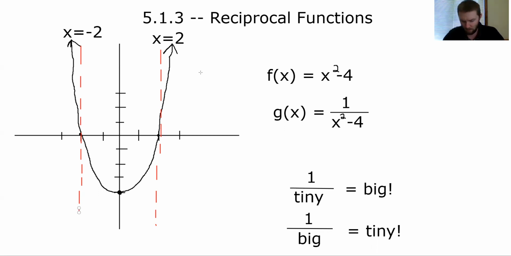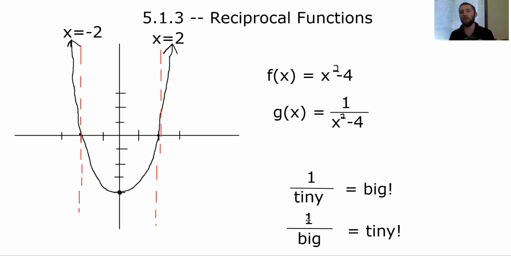And now part B says, will this function have a horizontal asymptote? Well, that is basically asking, will the function approach a certain value but never actually get there? And again, we're talking about this g of x function. So this function here, 1 over x squared minus 4, does it have a value that it approaches but does not cross? The answer is yes, and I want you to think about this idea right down here,